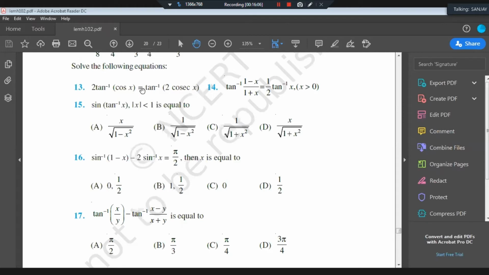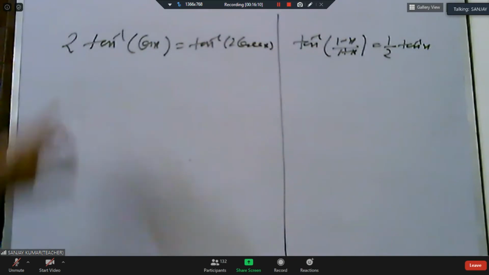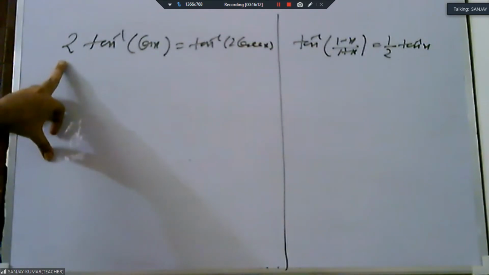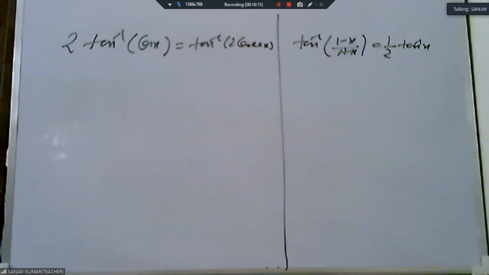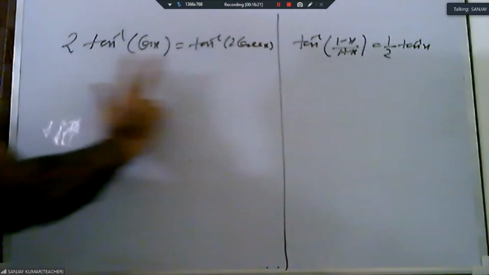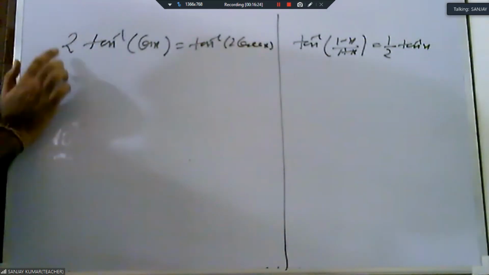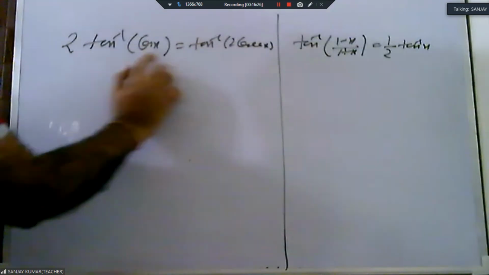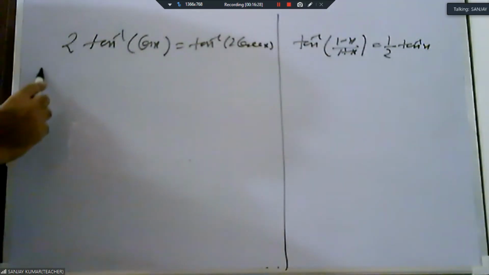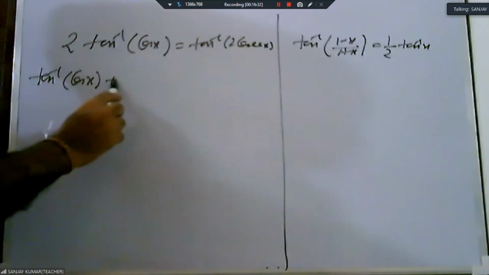Okay, now we stop, because this is the question. They given 2 here. The first column they create 2, and the second column they given half. Then how we solve this type of problem? Okay, then 2 is very easy. Actually, my concept is that you make both sides tan inverse, and if it is not 2, then you can compare. But due to the 2, you cannot compare this is equal to this. Okay, then what we do with 2, we break it into 2 parts.